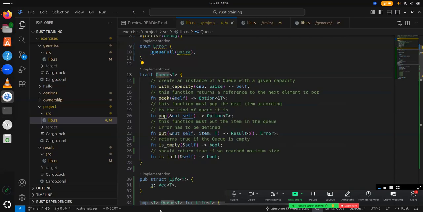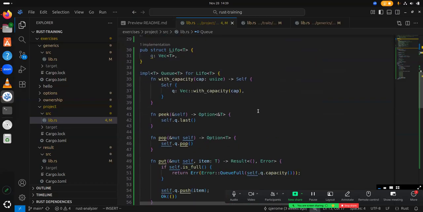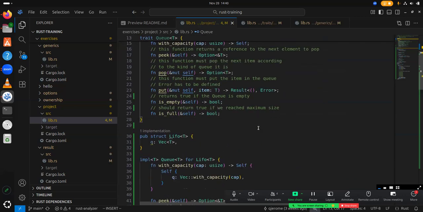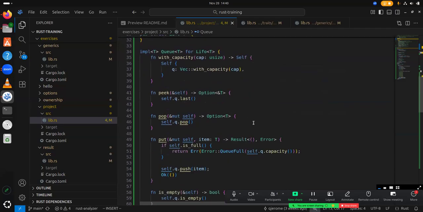Is that clear? Yeah, I was just thinking how to avoid duplicating the functions. In this case, it's better to write another function that takes a vector or any